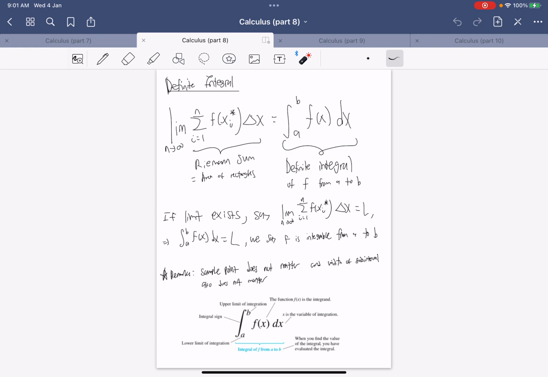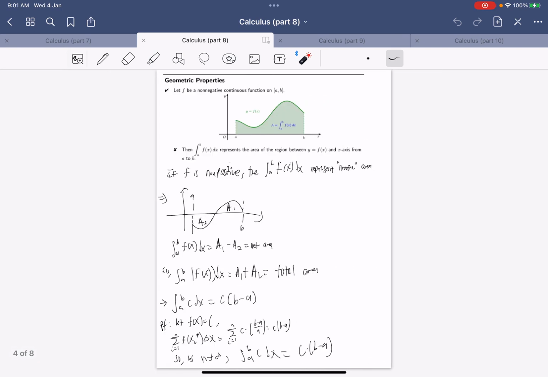So, knowing that the definite integral is the limit of a sum, it gives us certain properties. We'll talk about the geometric ones first. So if you have a positive function, meaning your function always lies above the x-axis, it really represents the area under the graph, like what we have presented. And if you are non-positive, meaning you lie below the x-axis,